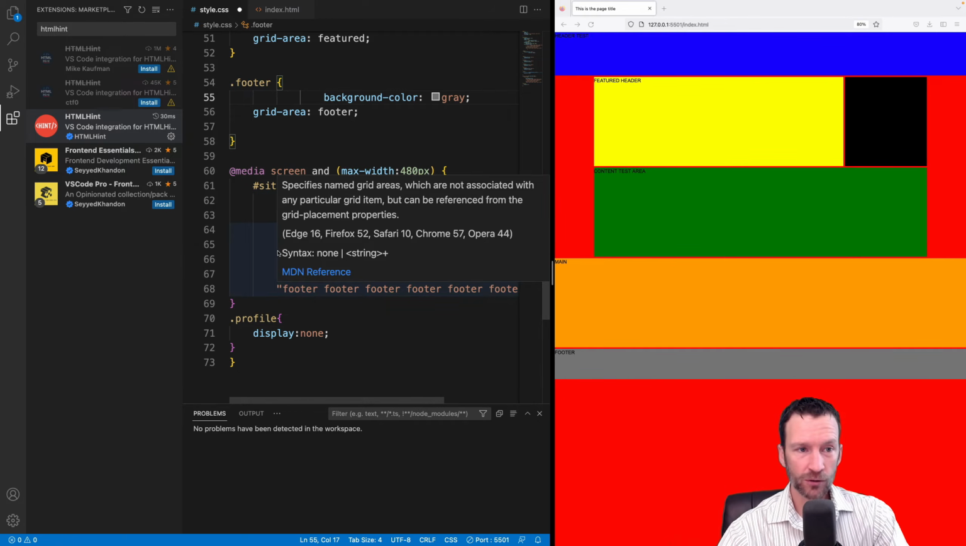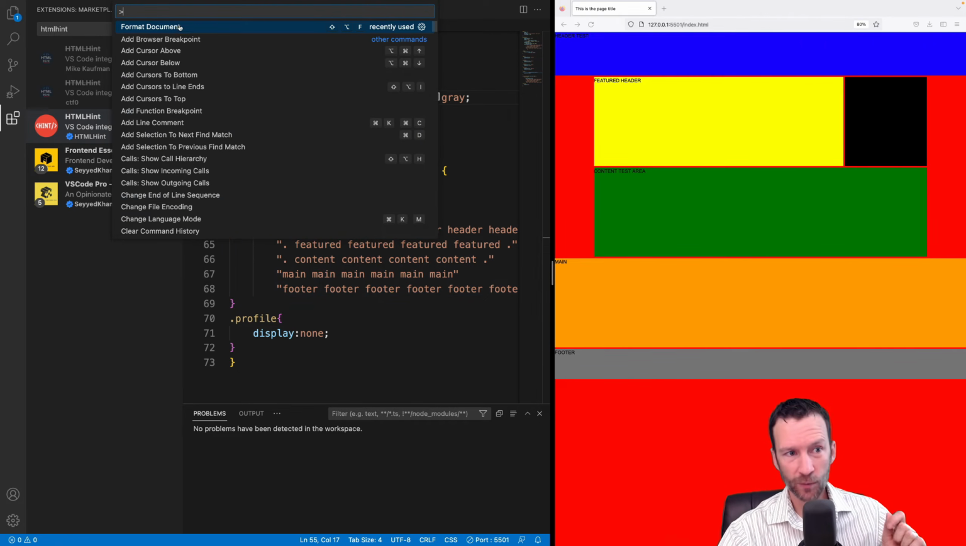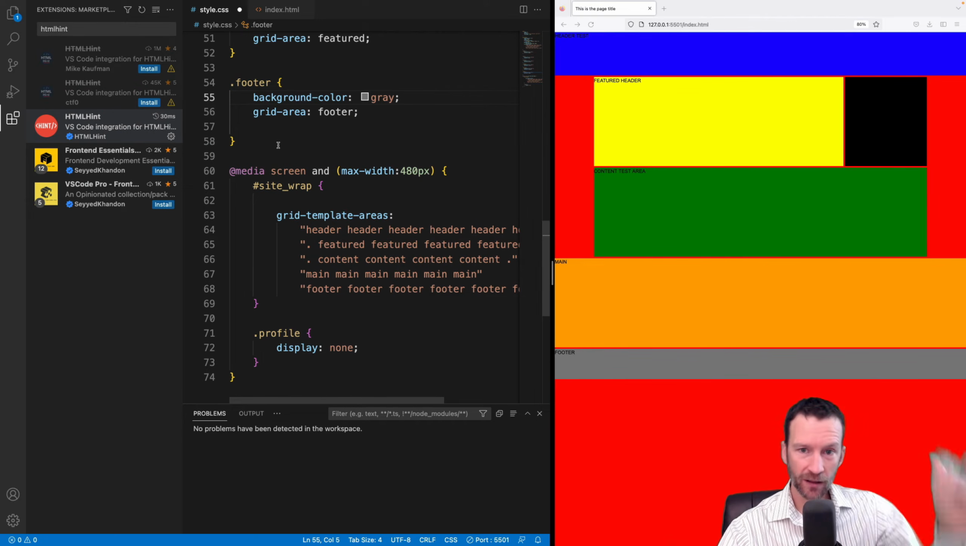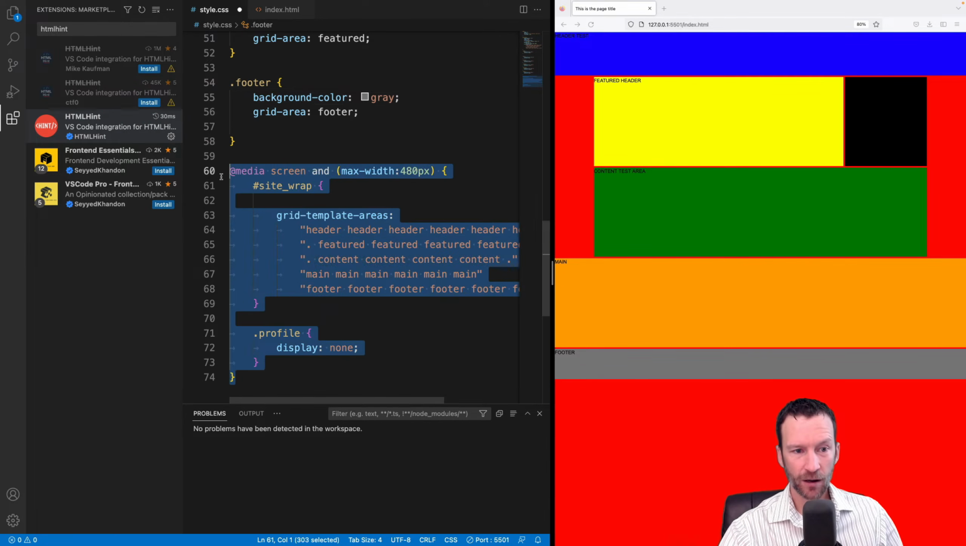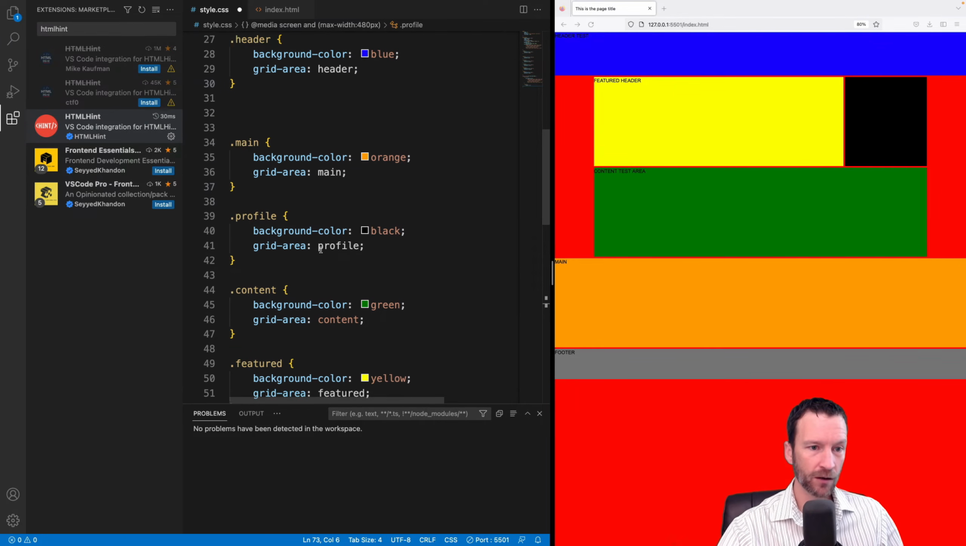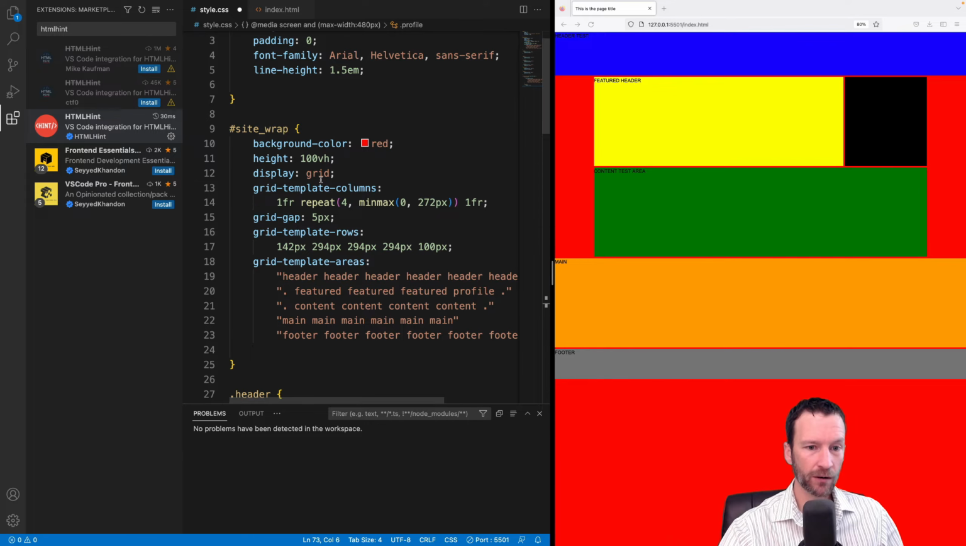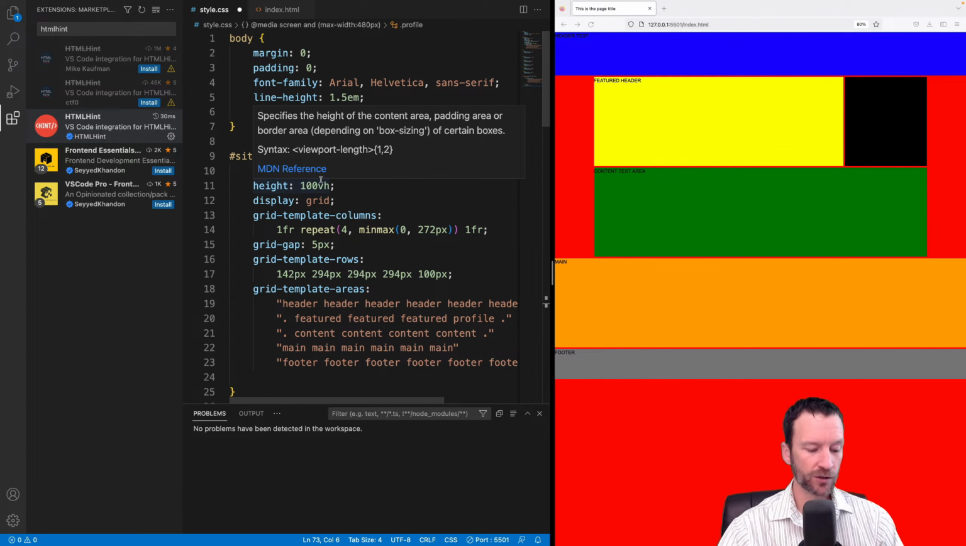So again, it's the same command. Press F1, or go to that menu, and just type in Format Document. Simply click the command, and that automatically fixes all my CSS. Notice how that automatically fixed that media query. Those two nested rules are now properly indented, and all those other broken things I made up here are all properly indented. Then I can just save,